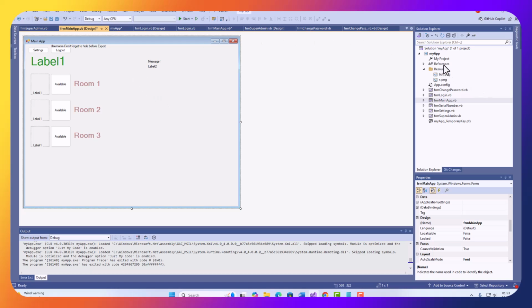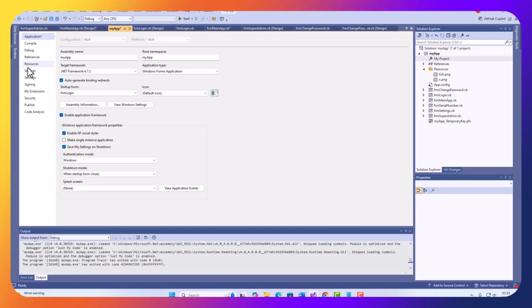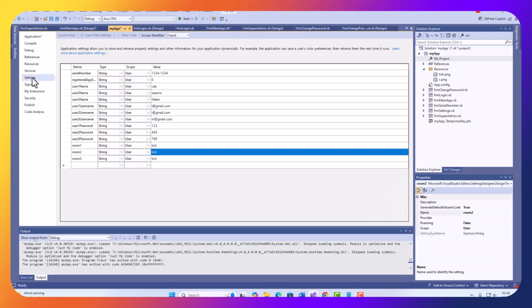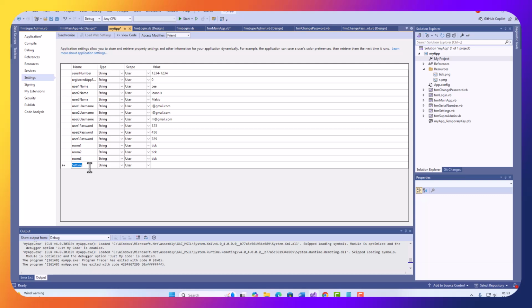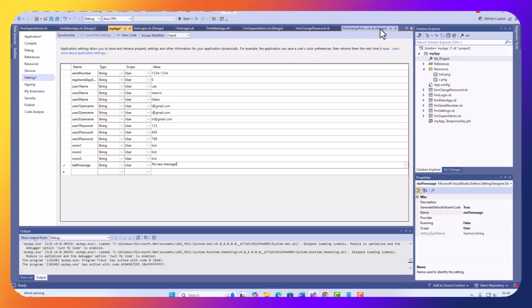and let's go to the settings. Settings. I'm just going to call this message. Let's call it staff message, and I'm just going to put here no new messages, no new message by default. So let's go back to the main app,